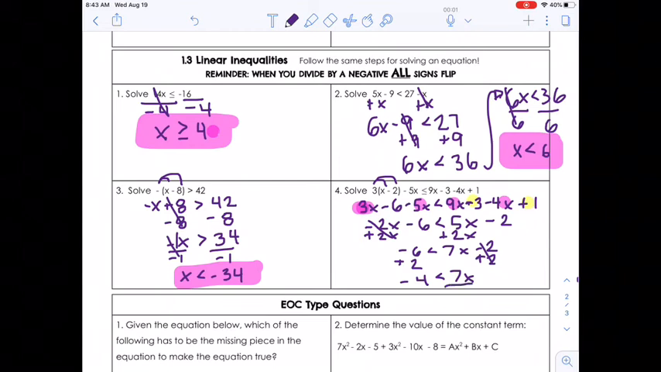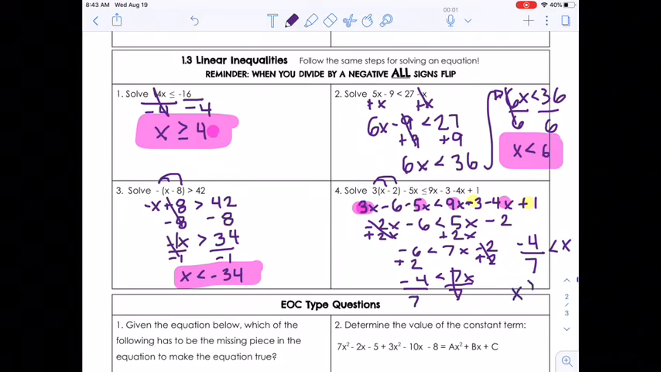And then we're going to divide by 7 on both sides. And remember, it is okay to have a fractional answer. So your answer is negative 4/7 is less than x,